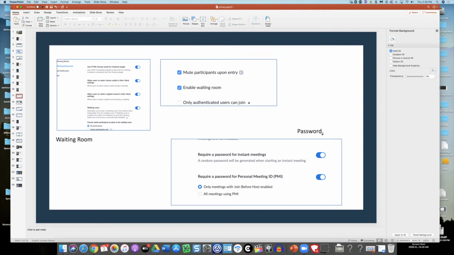What I try to do is log on, say, with my wife's phone to the meeting I've set up, start it as a test meeting, and then try some of these things out. And that's how I was able to get some screenshots. So I cannot verify that the password is the best option. Waiting room is an incredible option. So two places to set up waiting room. One is on your global settings, and then another would also be on the meeting tab itself.